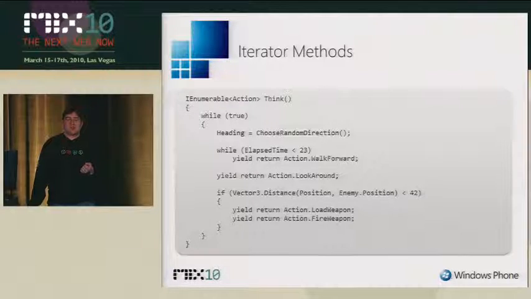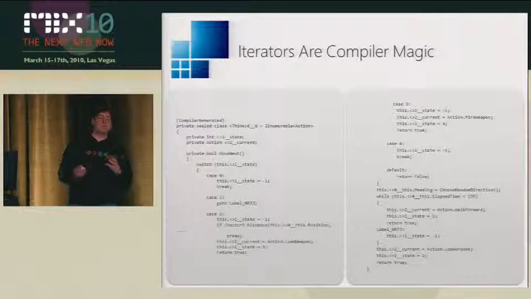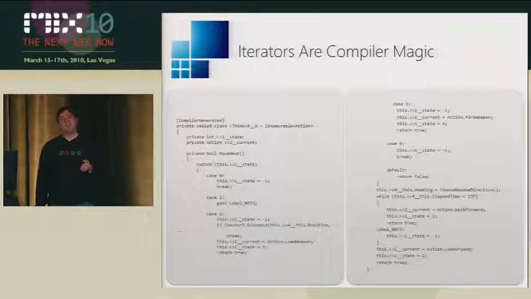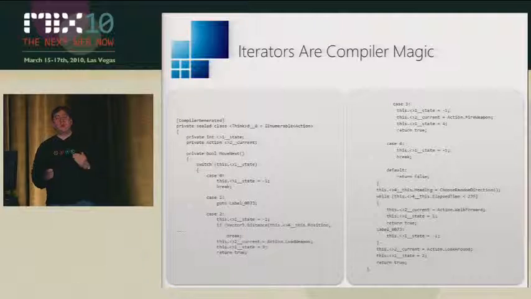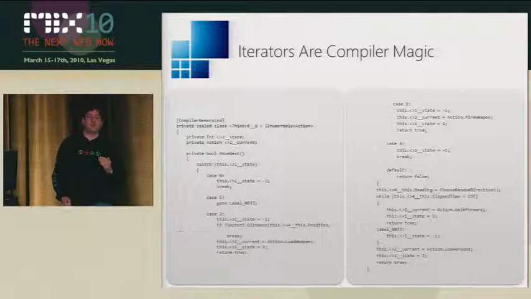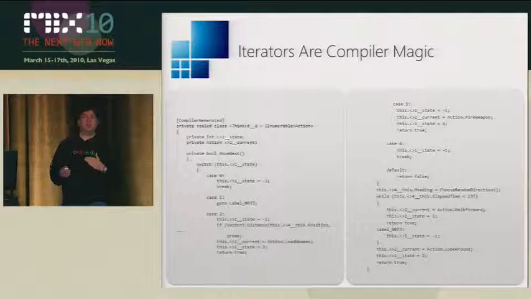What the compiler does with this code, it turns it into that. It creates a state machine. It creates a private internal class that stores all the information necessary for the execution of this function. And it generates a MoveNext method, which is basically a switch statement that looks up where had I got to in the running of this code, and carries on from that point. So you can call this once, and it will run just up to the first yield operation. Then you call it again, and it will pick up where it got to and resume from there